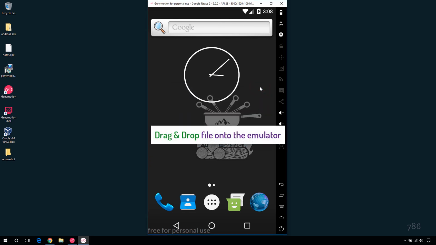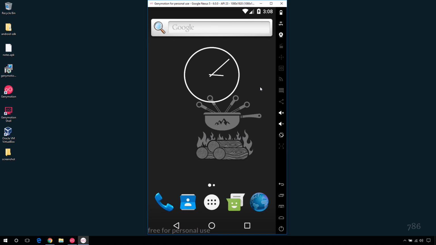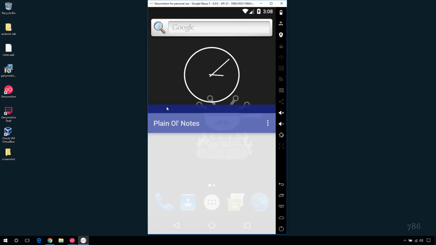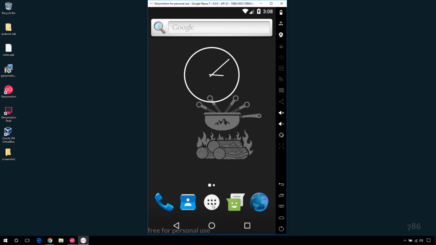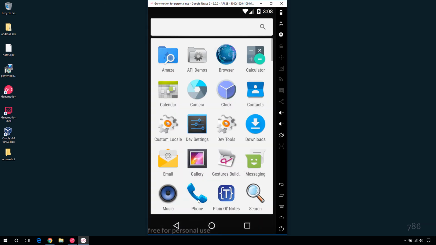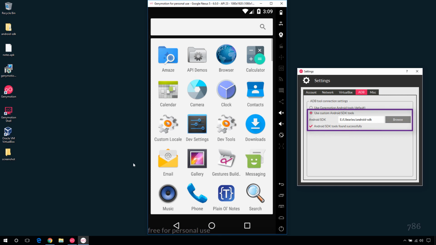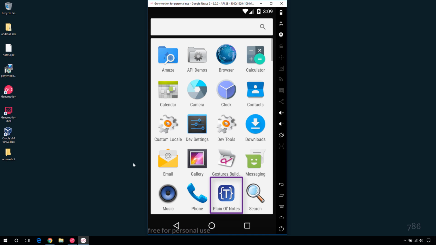Drag and drop file onto the emulator. Make sure you have Android SDK installed on your machine. Let's drop this APK file onto the running emulator. When I drop the file, it will start the installation. File successfully installed. If drop doesn't work and gives an error, this probably indicates that the emulator is not connected to the ADB. Basically, emulator uses ADB to facilitate file transfer when you drop a file onto the screen. If you remember, I already configured ADB here. This is the app icon I just installed.